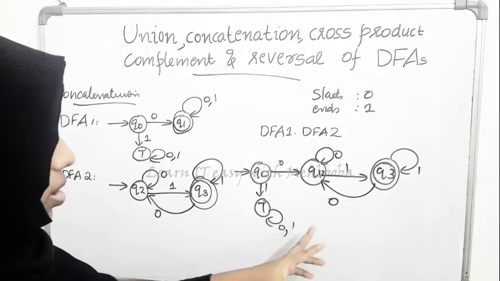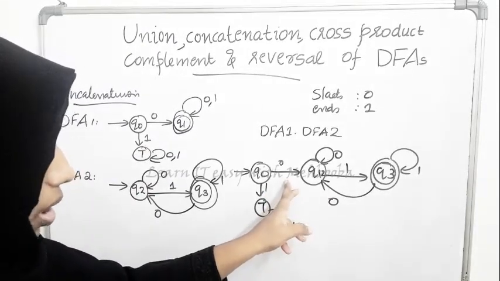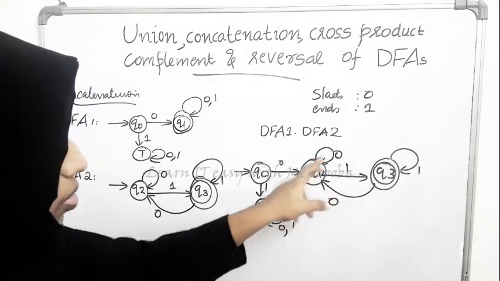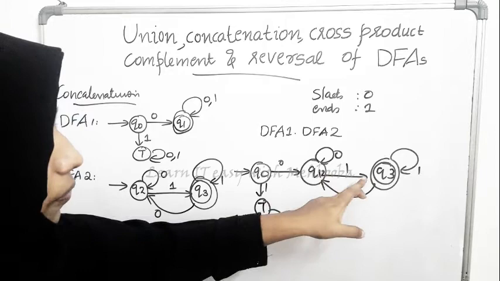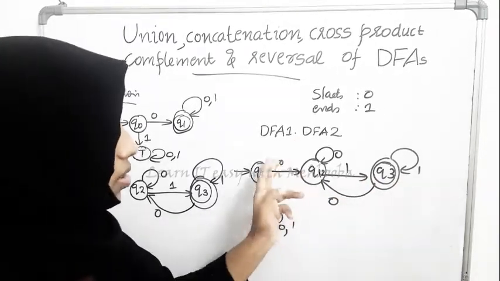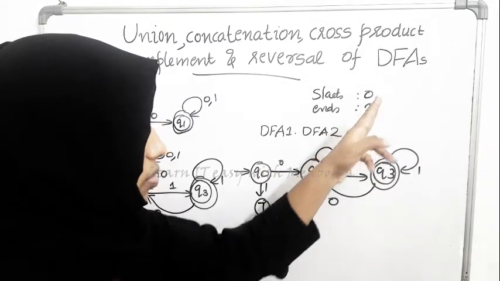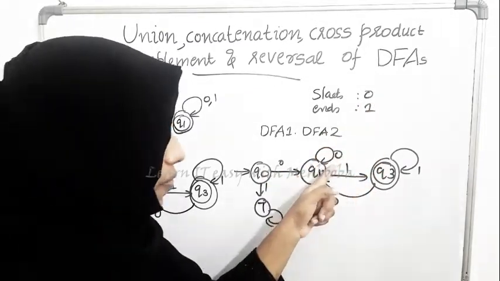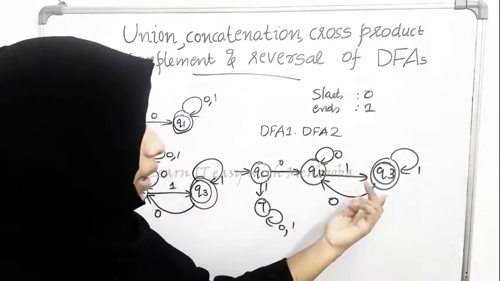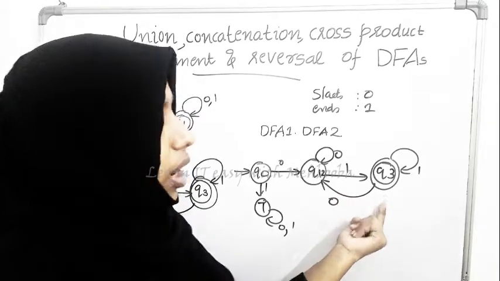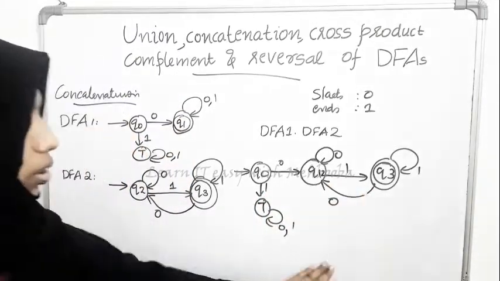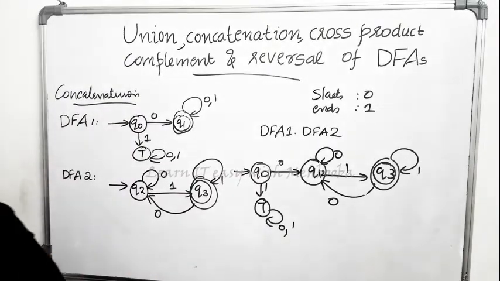Now see, this is the combined DFA. It should start with a 0. If it is starting with 1, that will be rejected. Now any number of zeros can come in between. Now if it is a 1, you can end successfully, because 01 is the minimal string that starts with 0 and ends with a 1. So that has been defined. Now any number of 1s can come at the end, we don't care. But if a 0 comes in the final state, you have to come back to this state and wait for a 1. Okay, so that is the concatenated DFA.